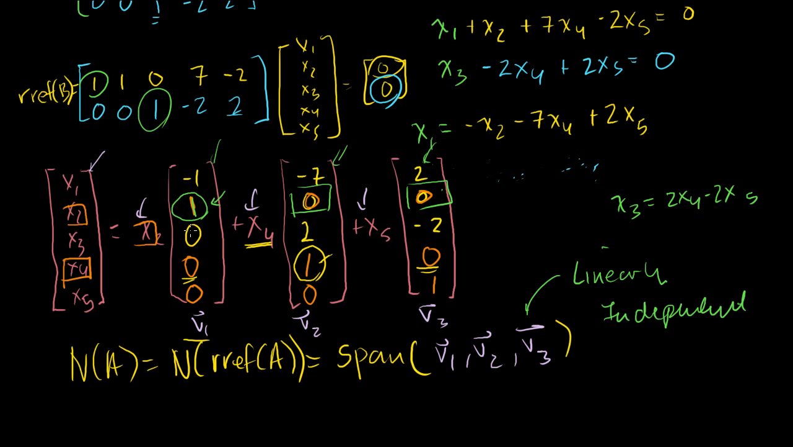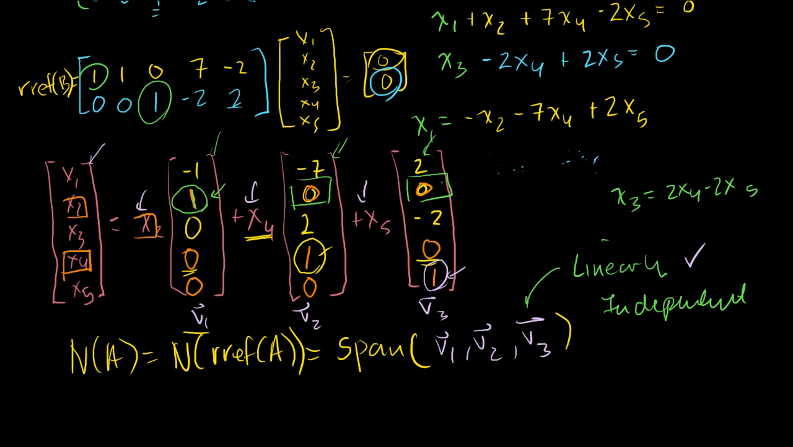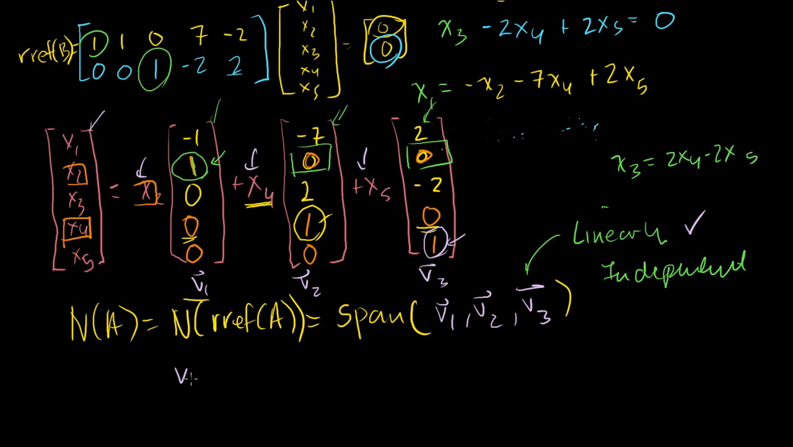And last, this x5 guy right here has a 1 here, and these guys have zeros here. So no linear combination of these zeros can equal this one. So all of these guys are linearly independent. You can't construct any of these vectors with some combination of the others. So they are linearly independent. And so the set V1, V2, and V3 is actually a basis